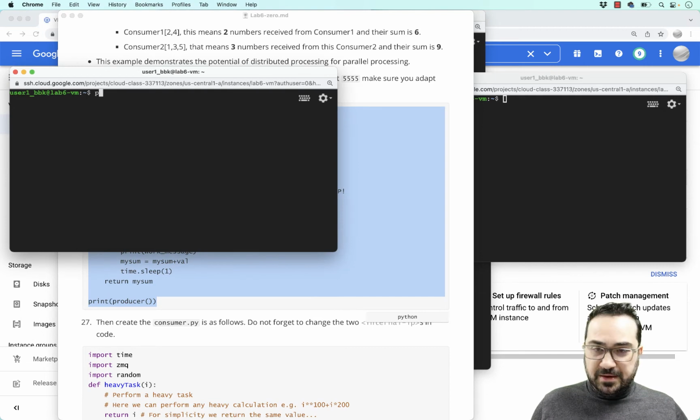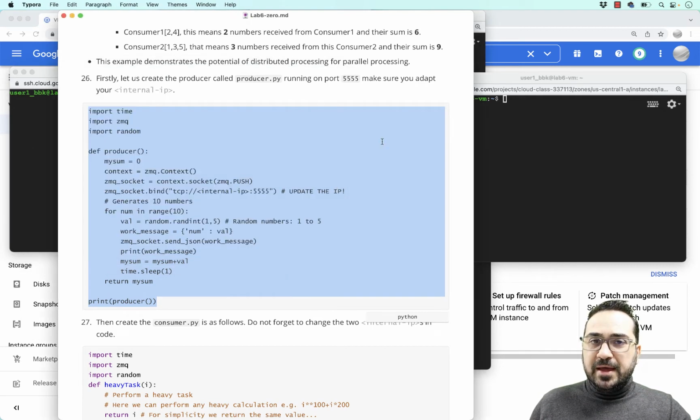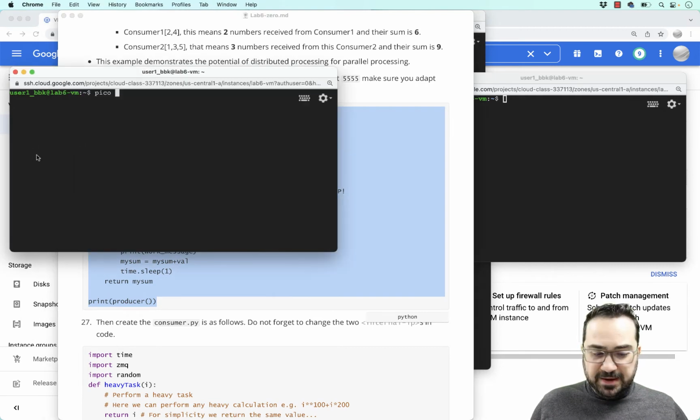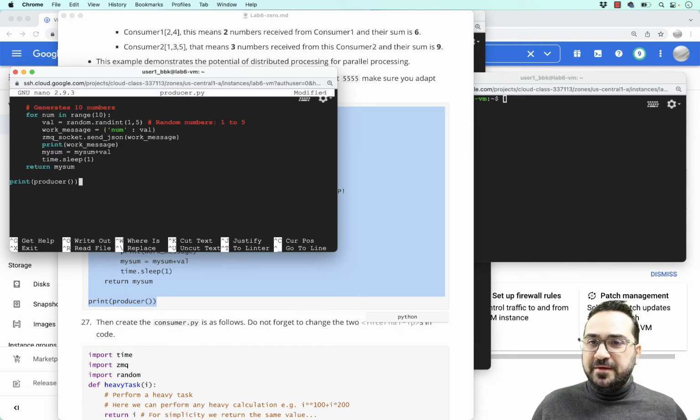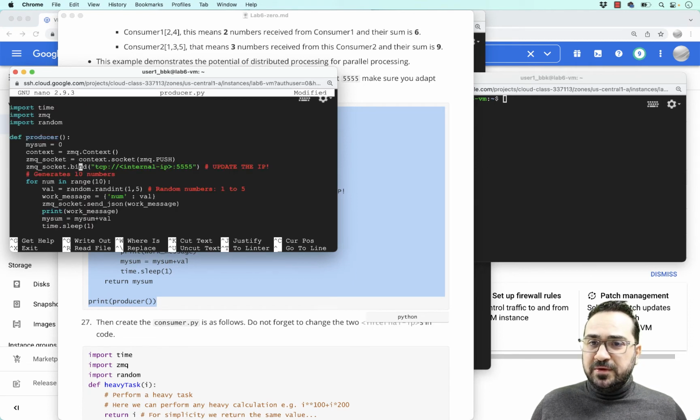So let's create the first script, and this is the producer.py. Make sure you don't have any typos. Enter. Okay, paste the script here, and let's adjust it. The only thing we need to do is change the internal IP address.